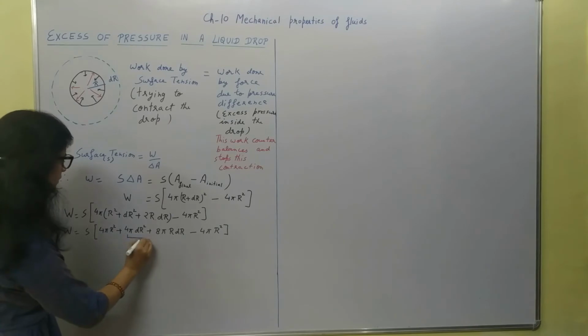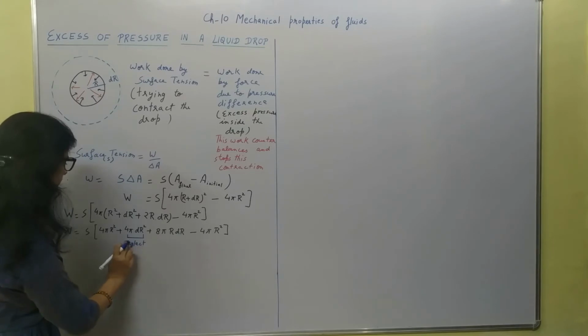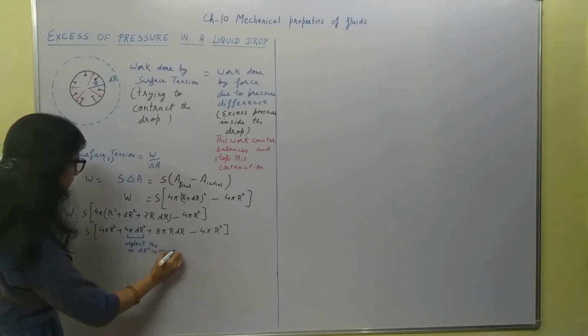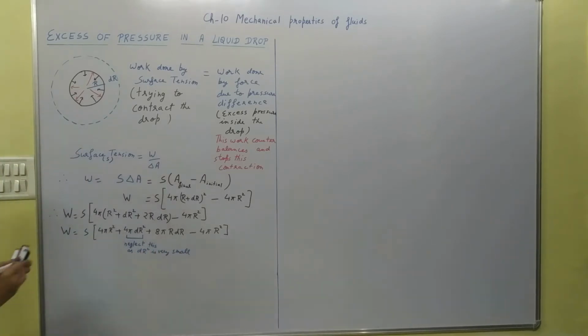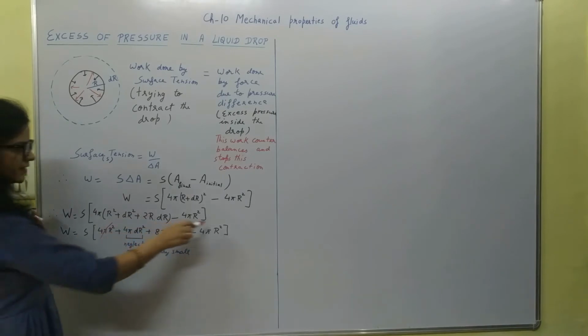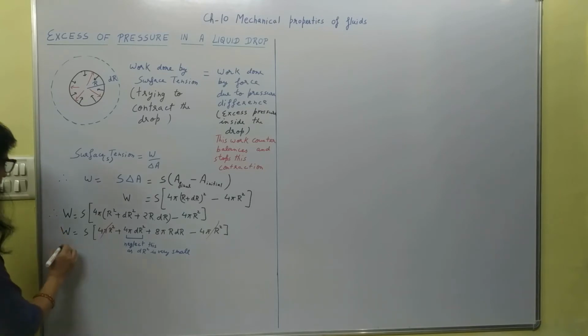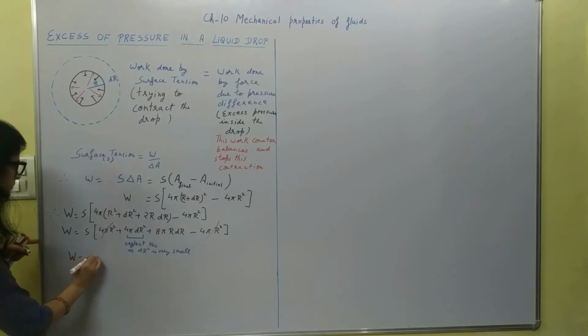Dr square will be very small. So we neglect this as dr square is very small. Then this and this will be cancelled. What will be left here? Multiplied by S,